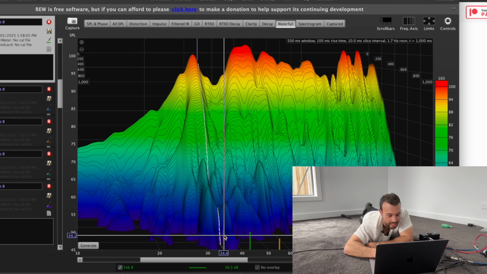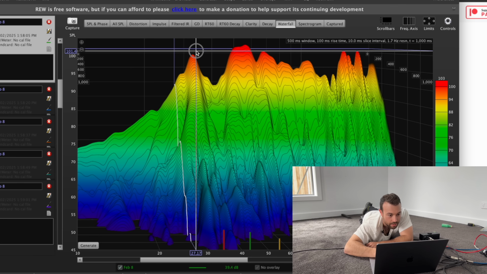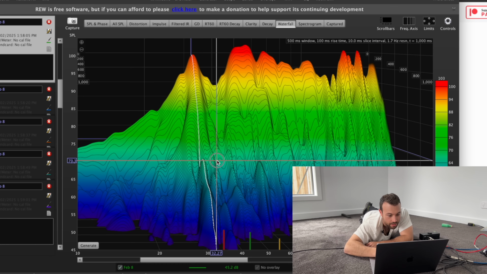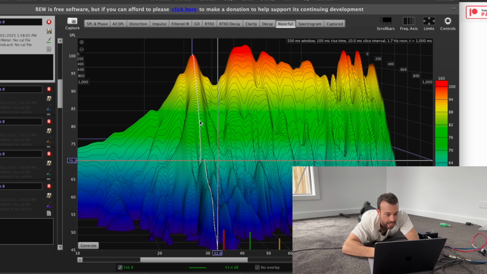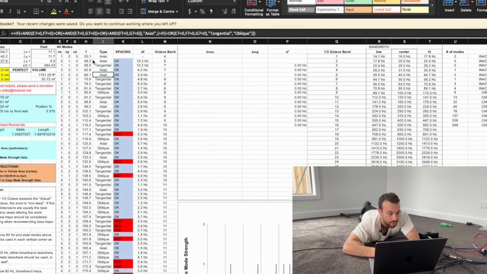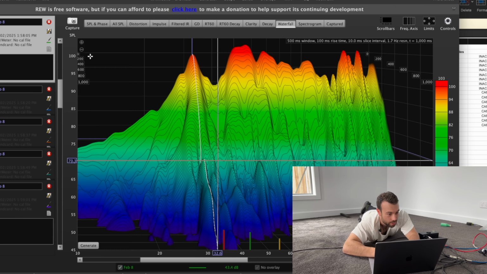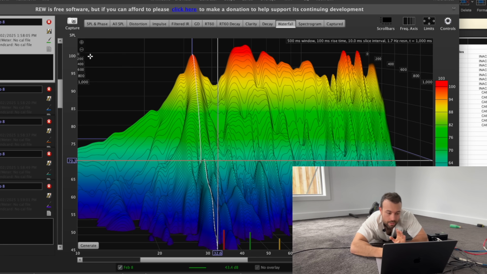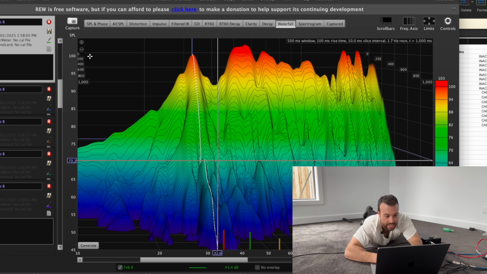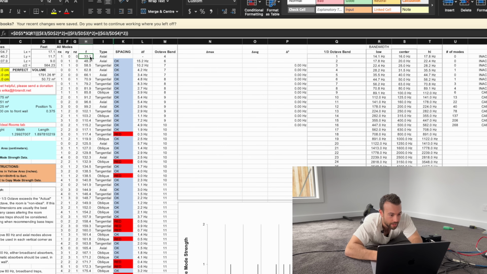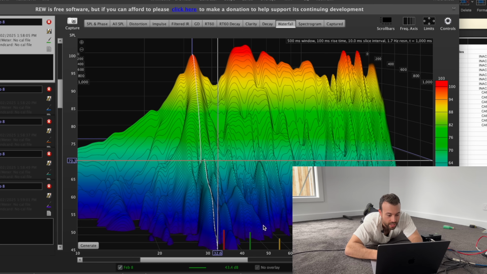So this red one here, 34 hertz. We're going to just move across here a little bit, just track across. So at 32.6 hertz, we have a mode, and on my calculator, 33.1 is a mode. So that's slightly low. It's not a big deal. My aim is just to observe that these modes are where they said they were going to be. The next axial mode is at 48.3,